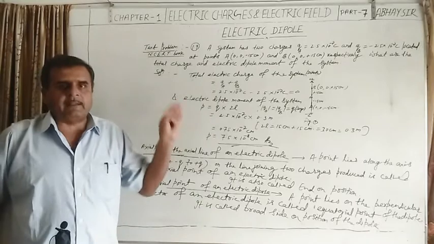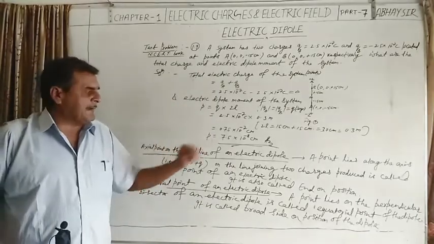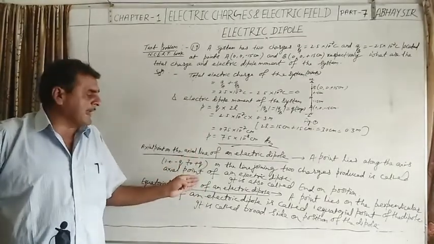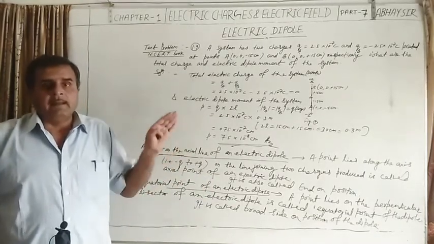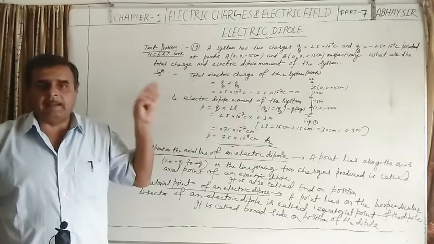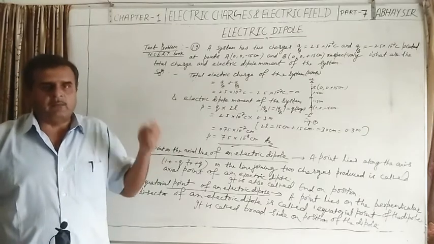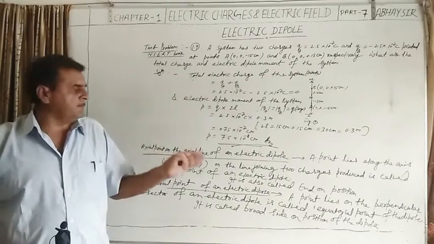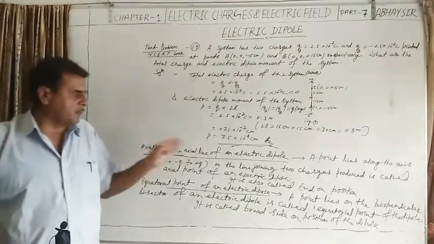Now we have to calculate the expression for electric field intensity due to an electric dipole on the axial line and equatorial line of the electric dipole, one by one. Out of the two cases, only one case may be asked as a long question in the examination. So this is an important topic for a 5 marks long question.